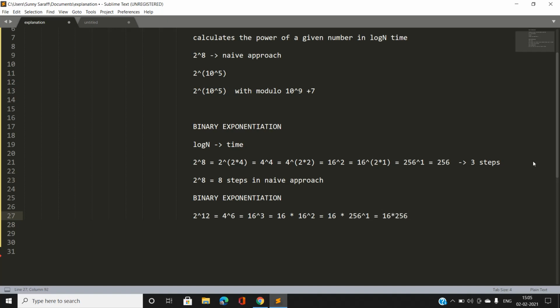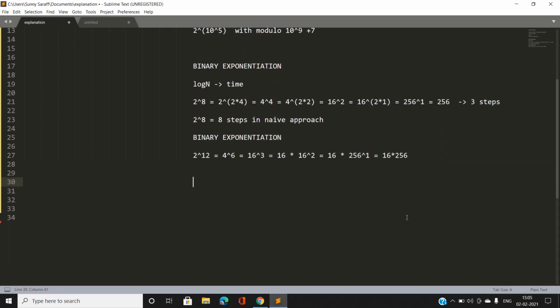Now the main logic behind binary exponentiation is, let me write the steps for how we are going to do this while we are coding the binary exponentiation part. That is, divide n by 2, where n is the power, on each iteration.